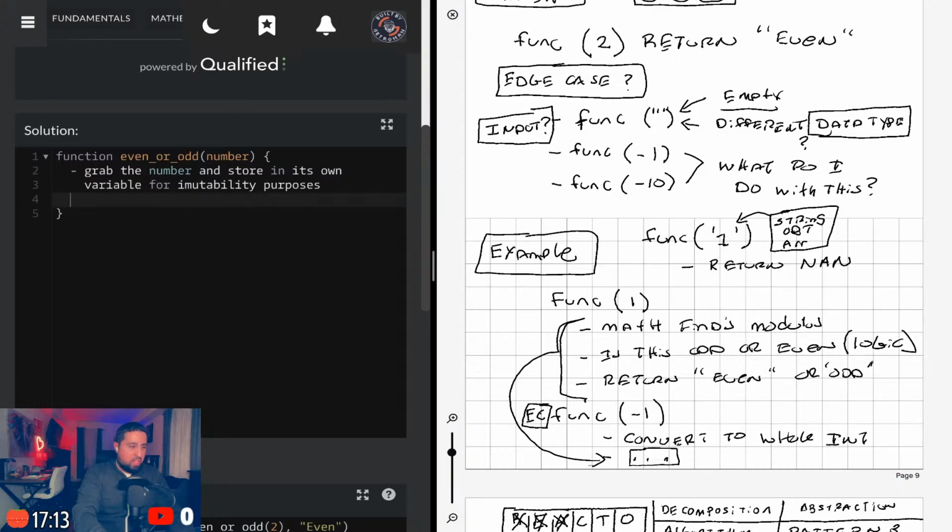purposes. So yeah, since I'm doing React now, I've been doing React for a little bit, and I'm getting better at it now. I always have this mind of taking some input and creating some state for it, just having a reference to it so I don't mess with the original input being passed in. So the way I'm doing that here is simply store it in a variable, call it something else. So there's 2 reference points to it. For whatever reason, I like to do that. So I grab the number, then create another point of reference slash variable.